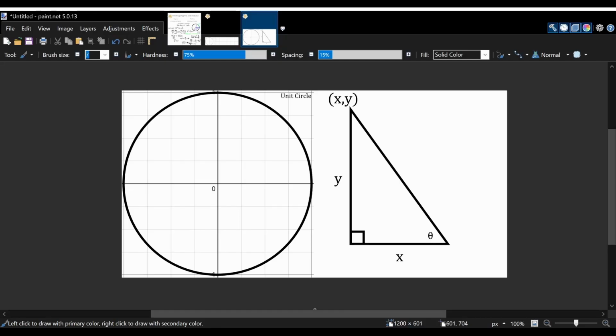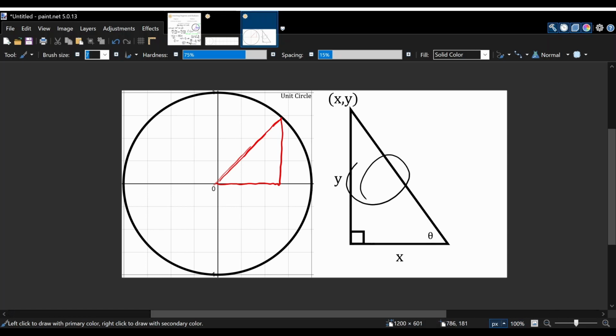Okay, in this video, I'm going to be explaining the unit circle. So the unit circle is a circle with a radius of 1, and it's pretty important for trigonometry. And the way it's used is we make triangles within the circle and use its degrees, and in a later video I will show how this helps with graphing trigonometric functions. So to start with this, we're going to look at a triangle over here,